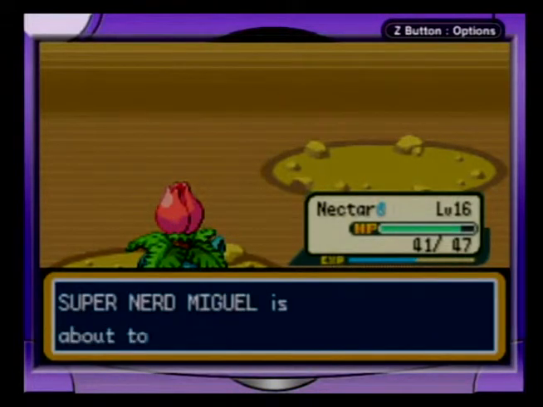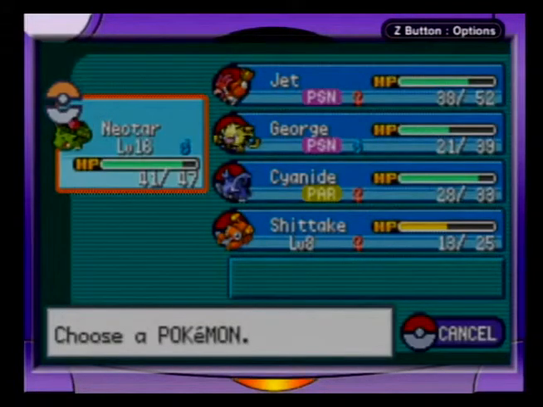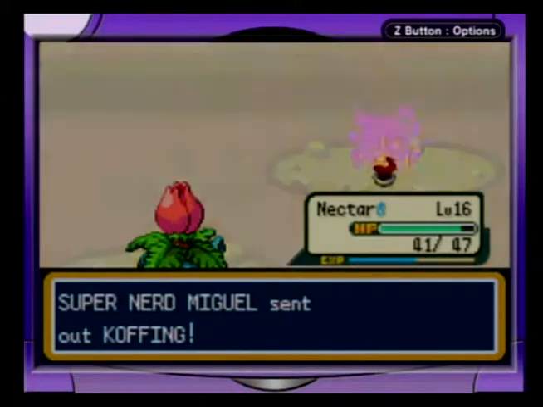What is your last Pokemon, sir? A Coughing. Very high physical defense. How do I want to deal with that? I'll keep Nectar out here and see what we can do. I think Grass is a special...